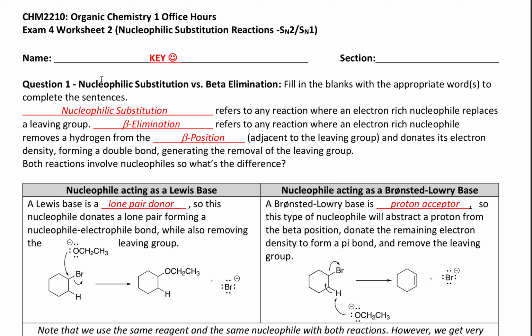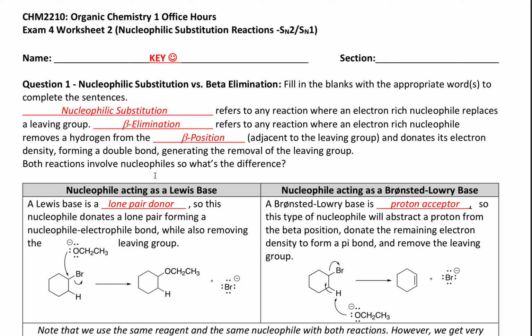So, a nucleophilic substitution reaction refers to any reaction where an electron-rich nucleophile replaces a leaving group. That makes sense? We are substituting this leaving group with a nucleophile. That's why it's nucleophilic substitution. Next, beta elimination refers to any reaction where an electron-rich nucleophile removes a hydrogen from the beta position and donates its electron density, forming a double bond, generating the removal of a leaving group. I know that might sound really confusing, but it'll make sense in the graphic that we have described over here